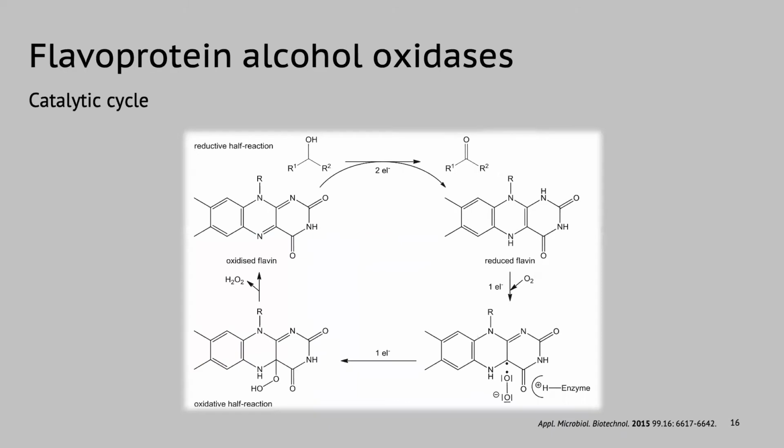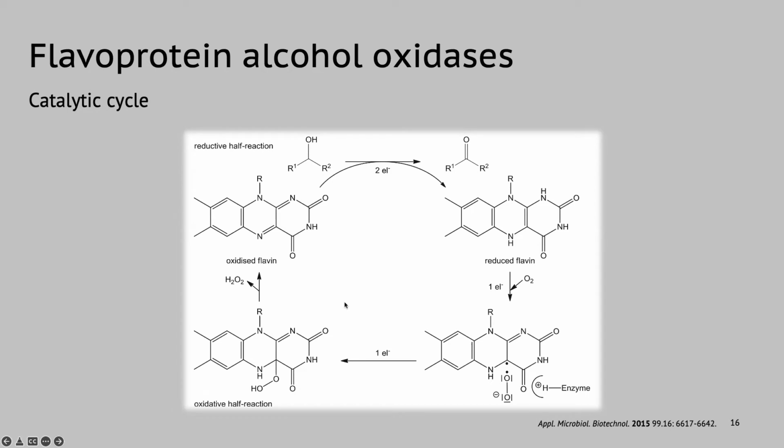Talking about the catalytic cycle of flavoenzymes, they typically comprise two half reactions. In the reductive half reaction, the oxidized flavin is reduced by the first substrate, and in the second half reaction, the reduced flavin is reoxidized. The ability to swiftly react with molecular oxygen to reduce it to hydrogen peroxide sets flavoprotein oxidases apart from other flavoproteins. The oxidized flavin is regenerated by